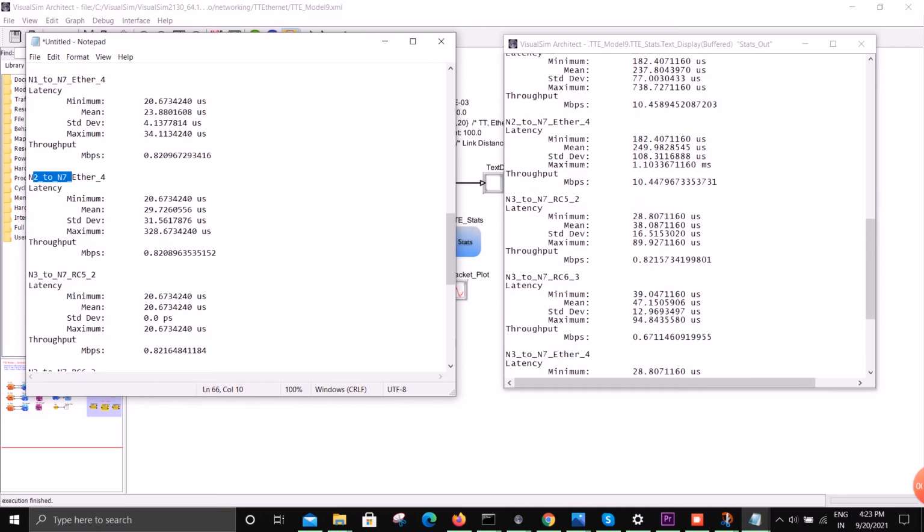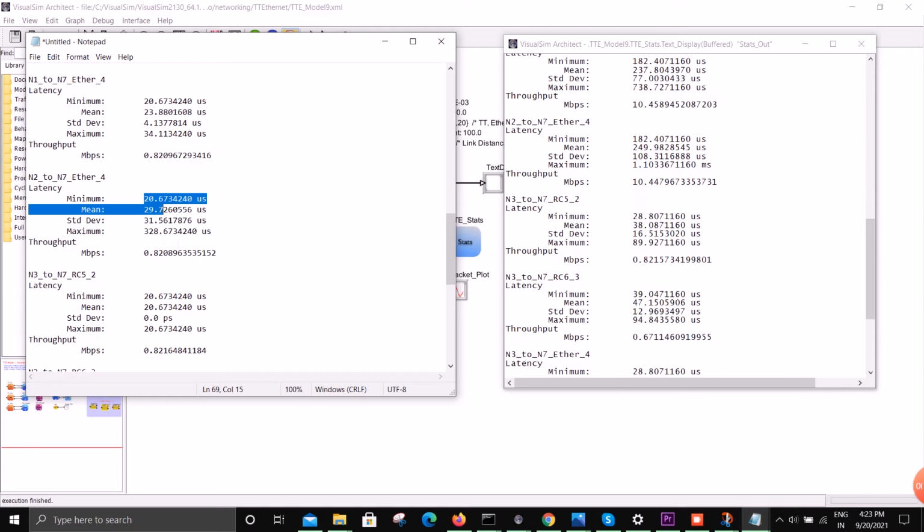In the N2 to N7, the newer latency is 182.40 and 249.98 for the minimum and mean respectively, but in the older one it shows 20.67 and 29.7. So these latencies are obtained with the increased byte size as well as the bandwidth.